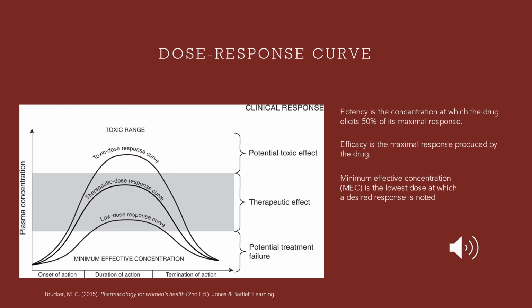Two important parameters can be calculated in drawing dose-response relationship curves for drugs. Potency is the concentration at which the drug elicits 50% of its maximal response. Efficacy is the maximum response produced by the drug. A clinical example of a study of pharmacodynamics is recording changes in blood pressure when a patient is being treated